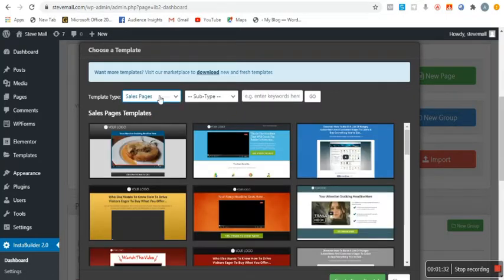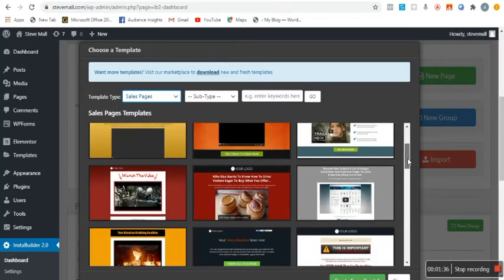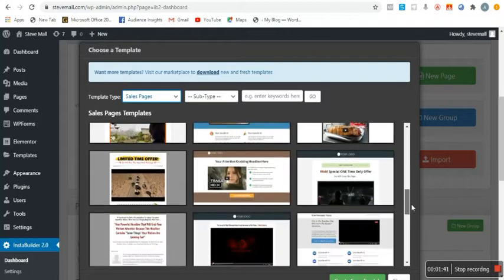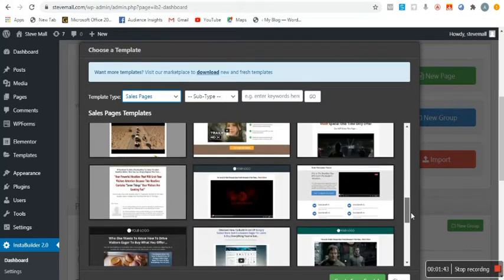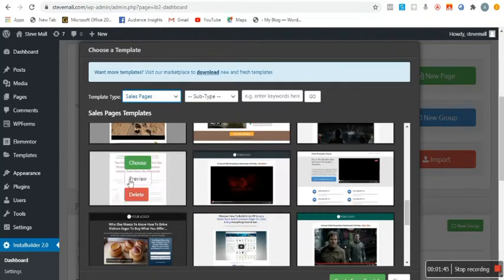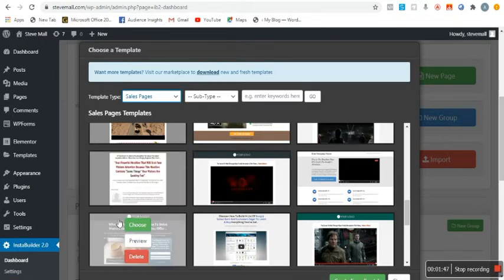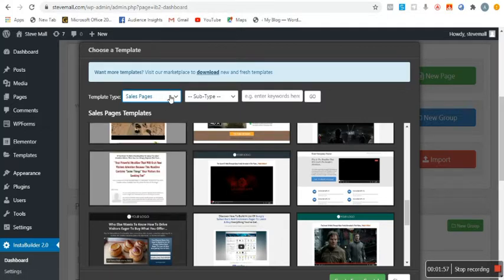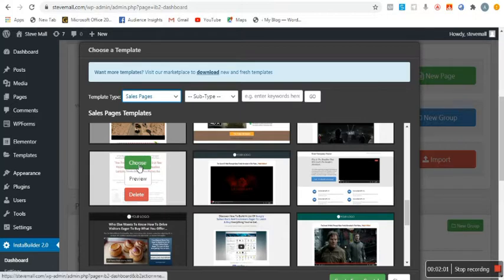Once you select sales page, there is a particular template that I'm looking for. There's this template that's been pre-made for selling product. Okay, good, I found it. So you see this template here, please look at it very well. You will see it says, your powerful headline that will grab your visitors. So once you see this template, you choose it. Don't forget, come to this template types, select sales page, and then look for this particular template. Once you choose it,